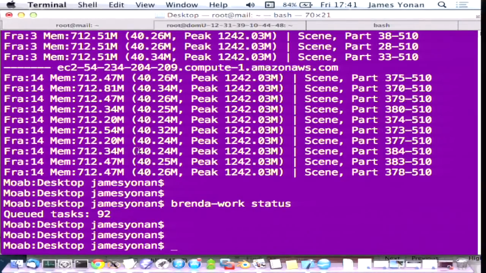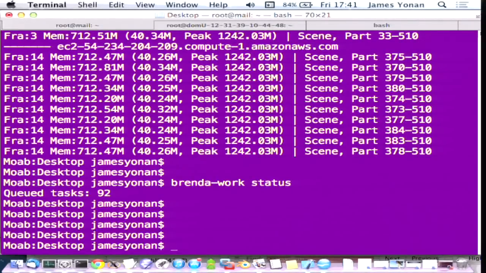It's possible to configure the farm in different ways. To save on money, you can configure the instances to shut themselves down automatically when the queue drops down to 0. So that's a good way to make sure that they stop quickly and you don't get charged for any time that you don't actually need. I'm actually running this right now without that flag set